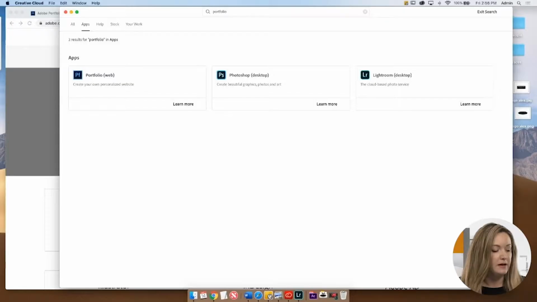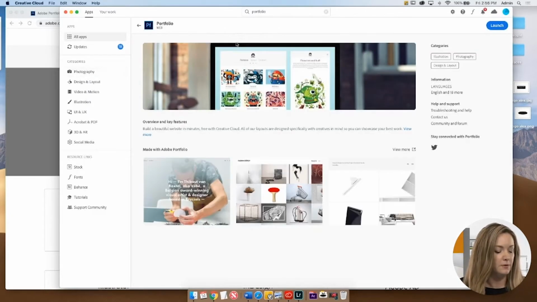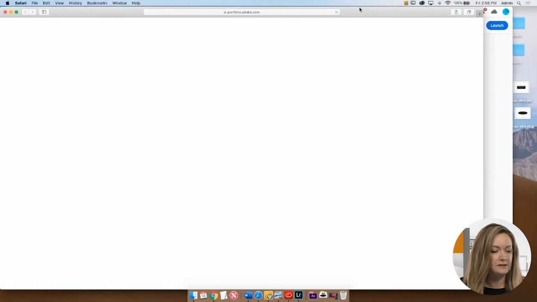So let's explore what is available to you in Adobe Portfolio. And you're going to see how easy and quick it is to set up your own online presence just like that. So when you begin to use Adobe Portfolio, you're going to notice that there is a link for it from your Creative Cloud desktop. But it is a cloud-based program, so if you click on your portfolio link, it's going to guide you to a website that is